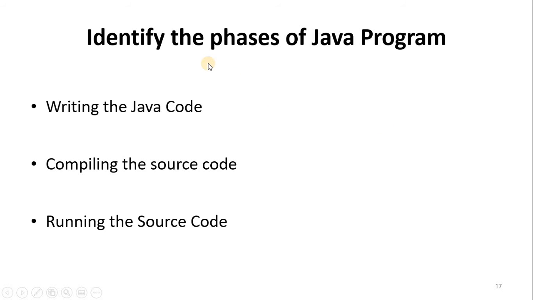Now we can identify the phases of a Java program. As in other programming languages, of course we are going to write the program. We are going to write the Java program here. Once we write the program, we compile our source, and after compiling the program, it is executed. So it is compiler based. Some other languages may be interpreter based, but Java is both compiler as well as interpreter. When you compile the program, it compiles and produces bytecode. When you execute it, the Java interpreter will be executing the program. That means line by line execution will happen.